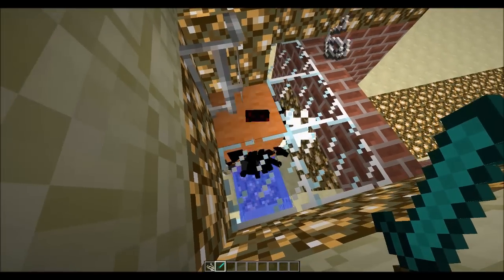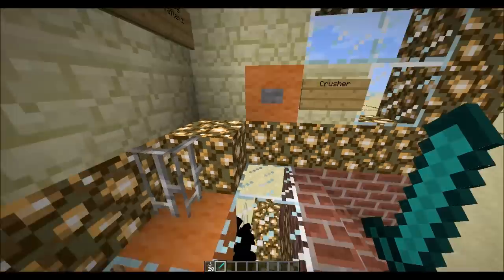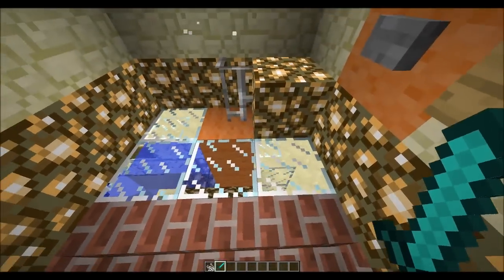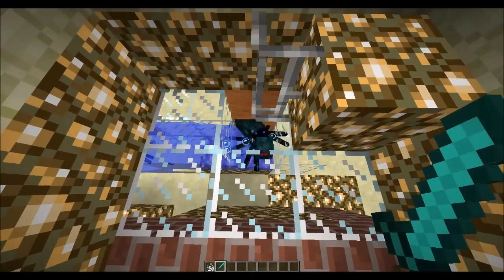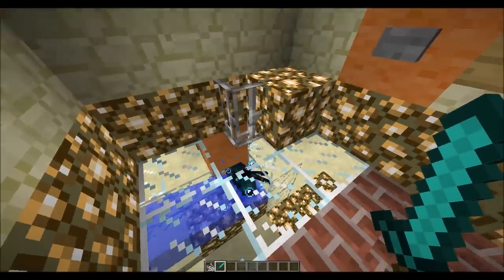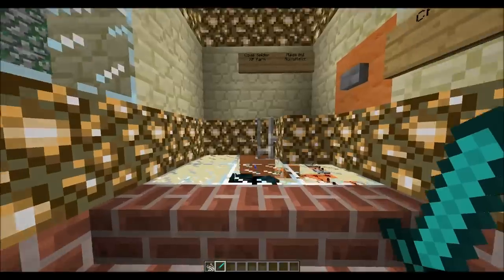You simply can wait for them to die and they will drop all their XP, all their stuff, and you can basically keep going and keep doing it. Or you can wait for the crusher to turn off, or if it doesn't kill them all, you can sit here with your sword and give them a good whacking, and it will give you XP and stuff. Now obviously I'm not getting XP because I am in creative mode,